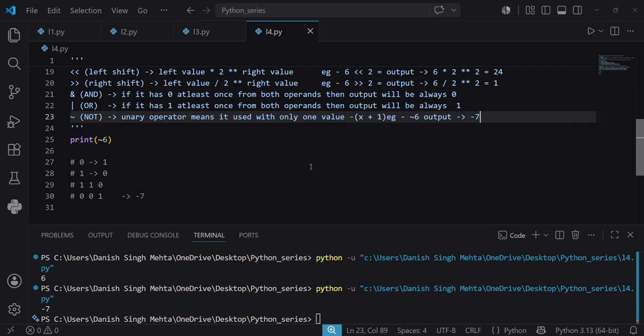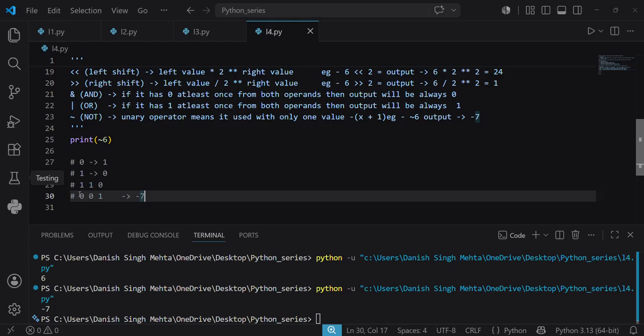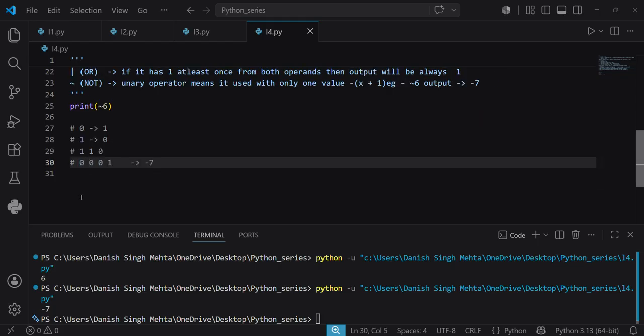Basically, in the NOT operator, the system does not operate on just 3 bits. It takes an infinite number of bits. Like here, it is not only 001. It is 0, 0, 0, 0, 0, 0, and so on. There are an infinite number of zeros. And when those infinite zeros are converted into 1,